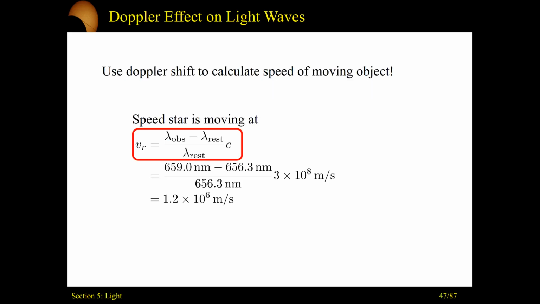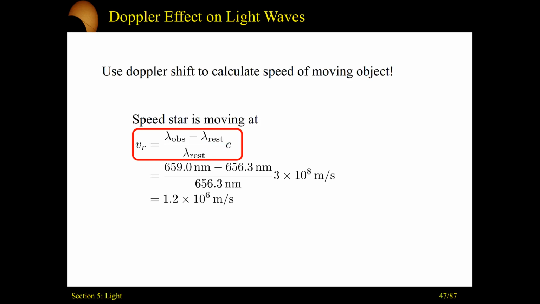Using the Doppler effect, we can calculate how fast an object's moving and if it's approaching us or receding, moving away. Here's how it goes. To get the speed of an object, you'd say, what is the wavelength that we observe here on Earth? What's the wavelength that we measure? And then we subtract out the rest wavelength. Think of it as having a speaker making a high-pitched noise, and then if you chuck it away, right? As you chuck it away, the wavelength will get longer. That'll be your observed wavelength. Now, if you pick up that speaker and put it right back next to you, that'll be stationary. It'll be at rest. So that'll be the rest wavelength.